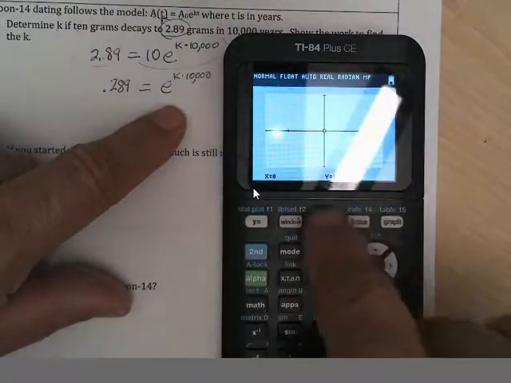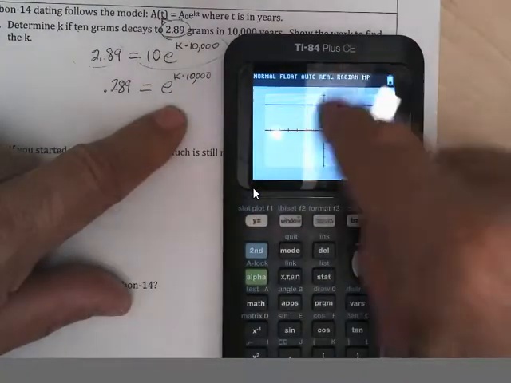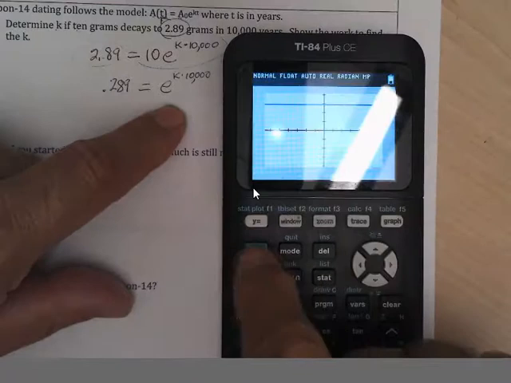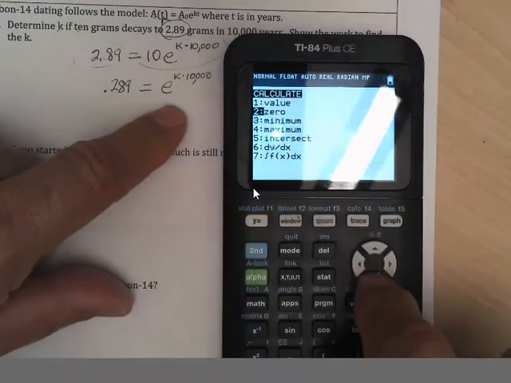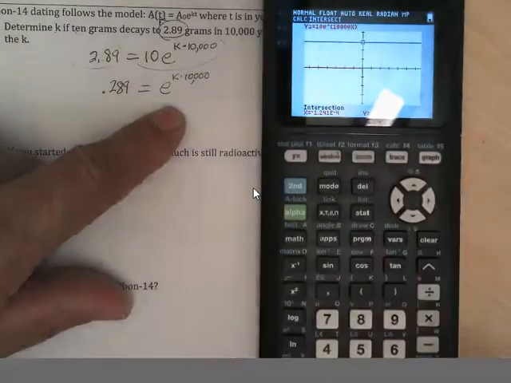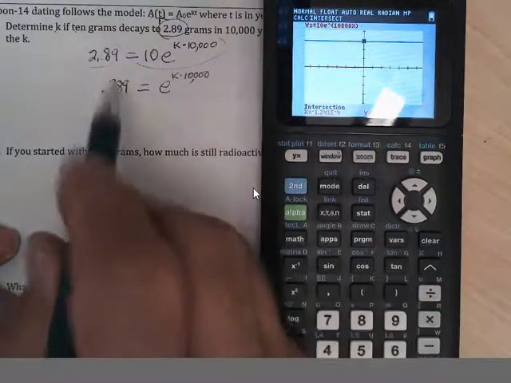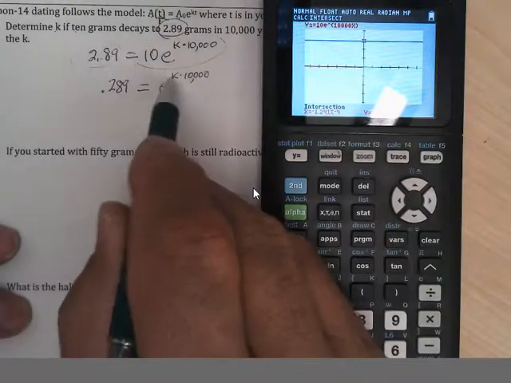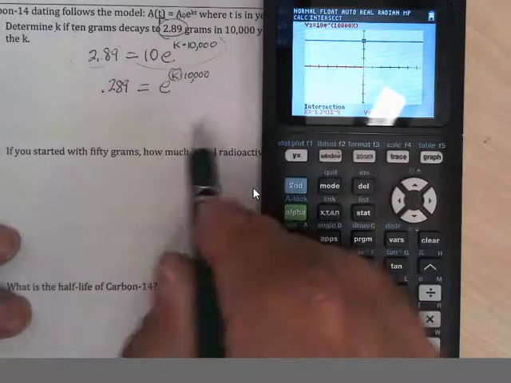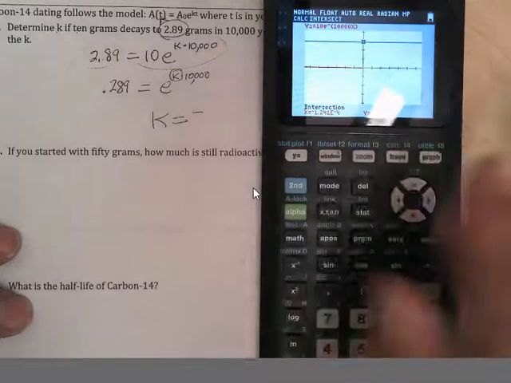Let's go back to where we were. Zoom 4. They should intersect. This graph goes up real fast because of the 10,000. So we're going to go second, calculate the intersection between that graph and the other graph, and it says it intersects, although you can't see it on the calculator. It says they intersect when k, that's what we're solving for, that's what our x is, k is equal to negative